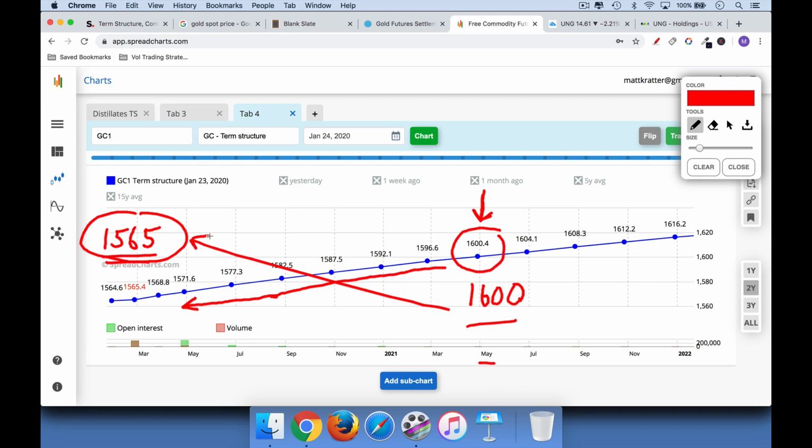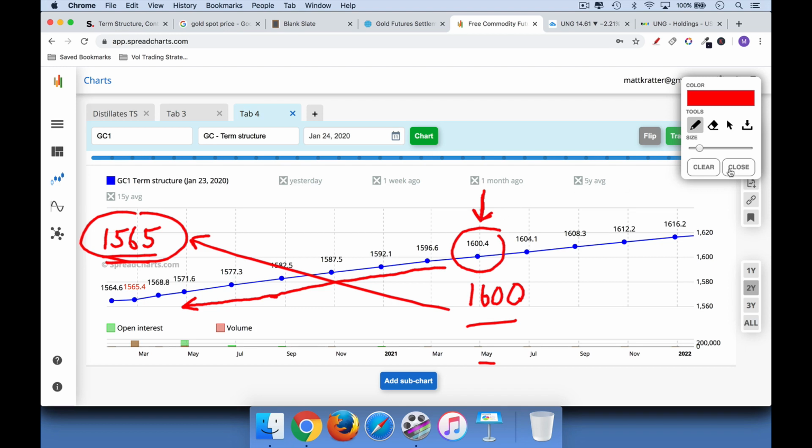So we'll make what? 1,600 minus 15.65. That's 35 points. I'm sort of blanking on the multiplier here. I believe it's about $1,000. So it'd be, call it, $35,000. So anyway, either way, we would be making money because we're selling gold at a higher price than where it's actually going to be traded.